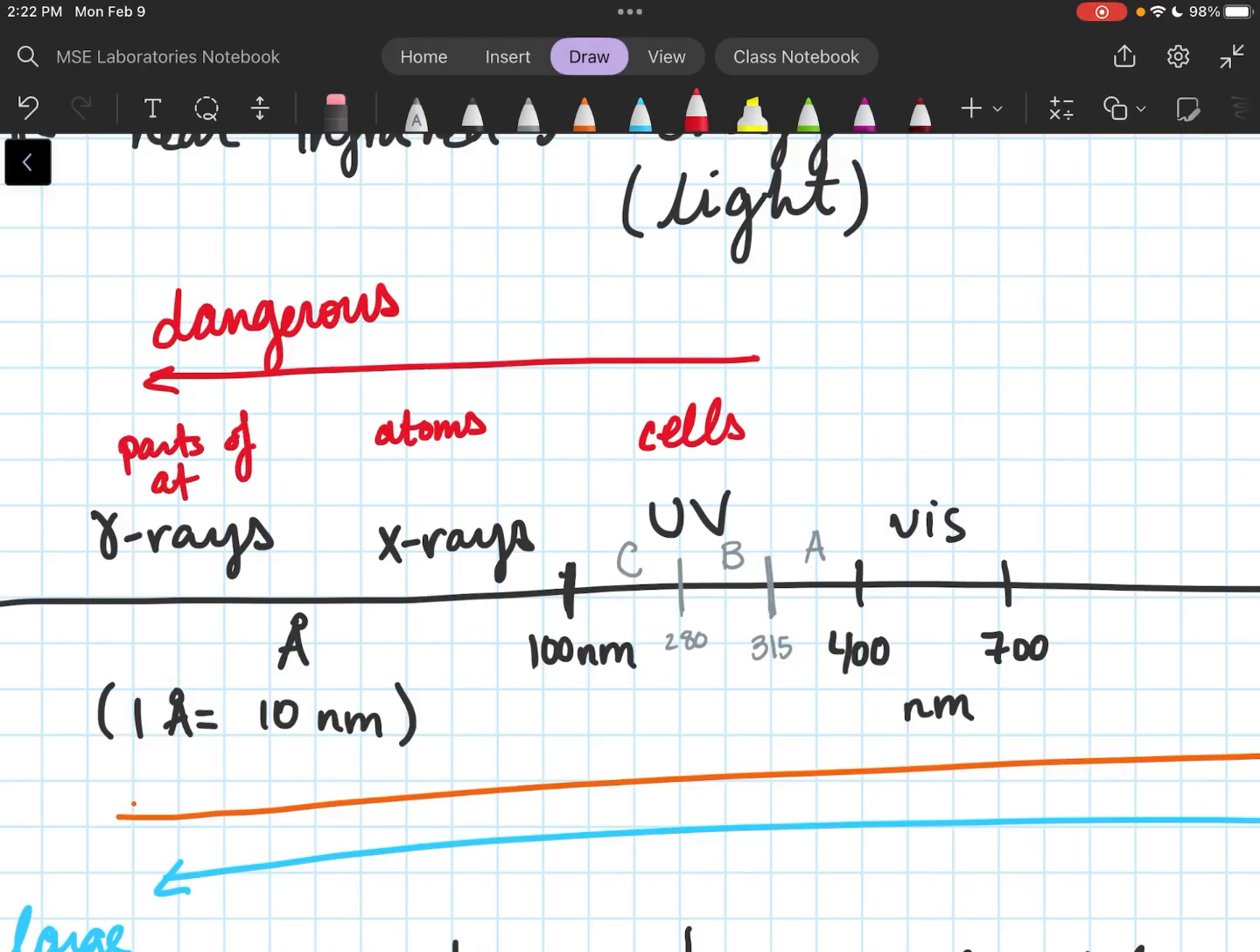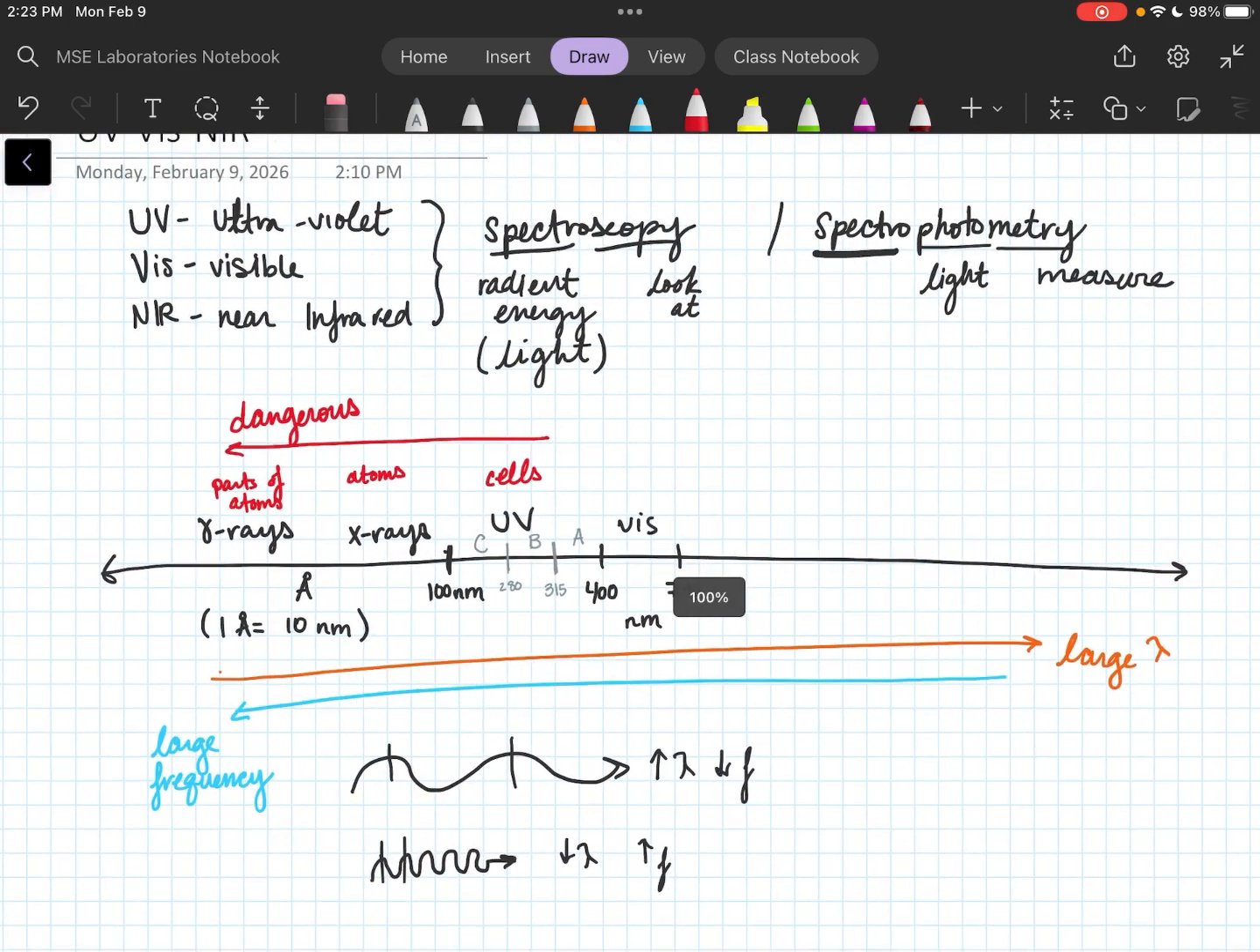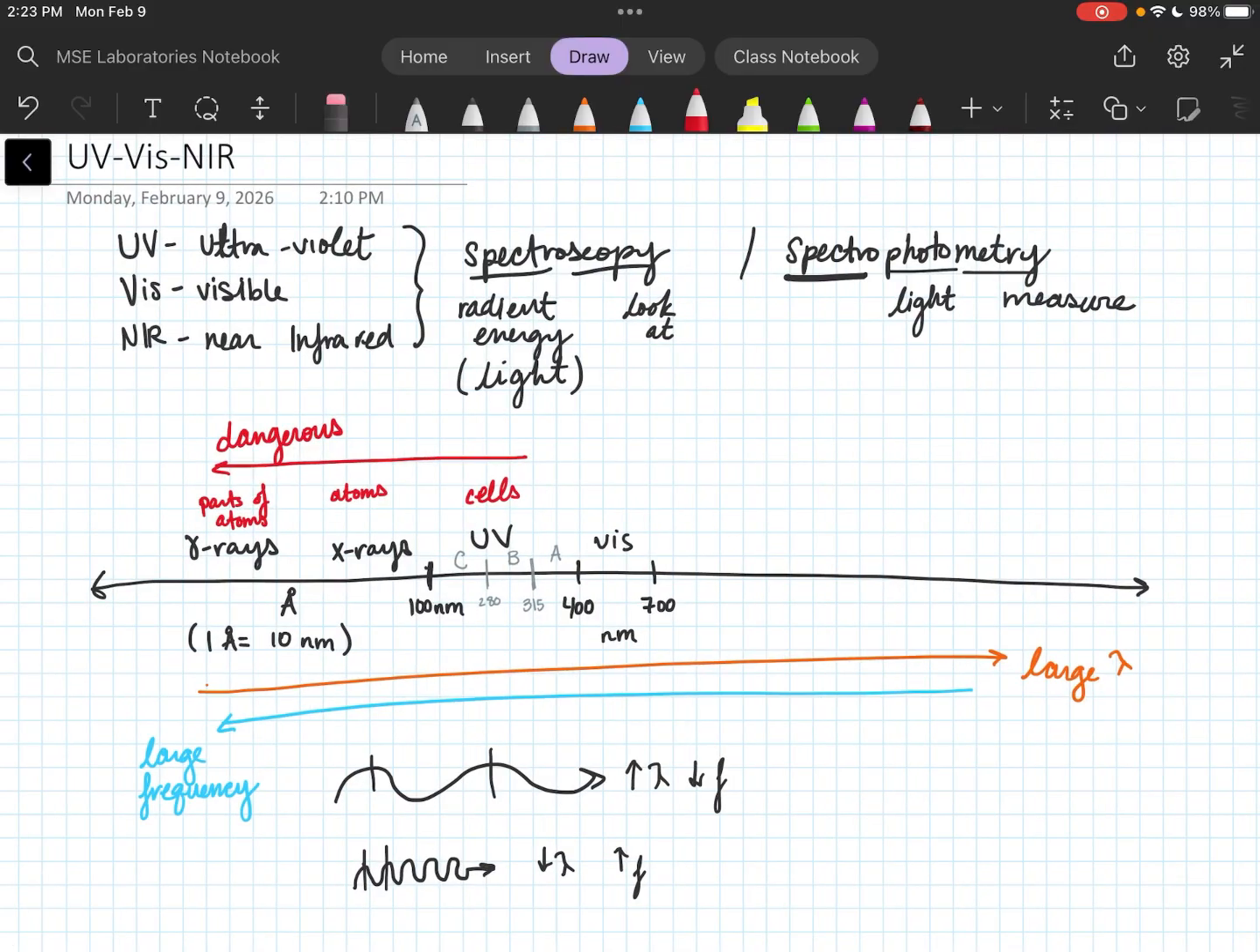So even more, we are destroying how things live together. And that's because UV is small enough that it interacts with our cells. X-rays are getting smaller to the point where it's interacting with our atoms, and gamma rays are so small that it's actually passing through atoms to destroy the pieces of our atoms. So that's why we're scared of smaller and smaller wavelengths, because they're interacting with smaller and smaller parts of our bodies. So some people find that an easier way to remember